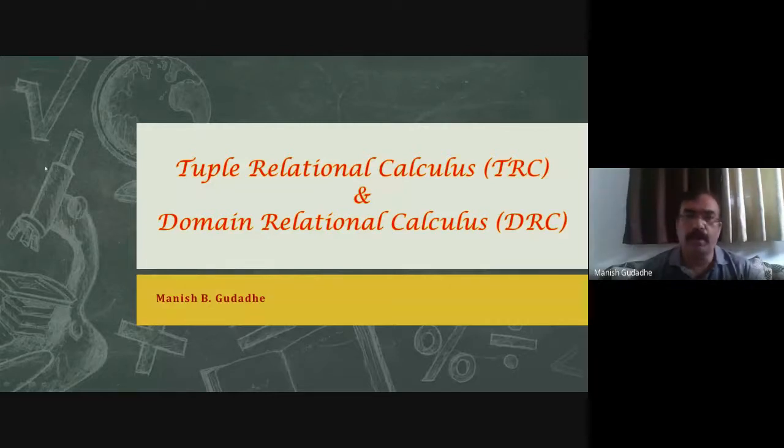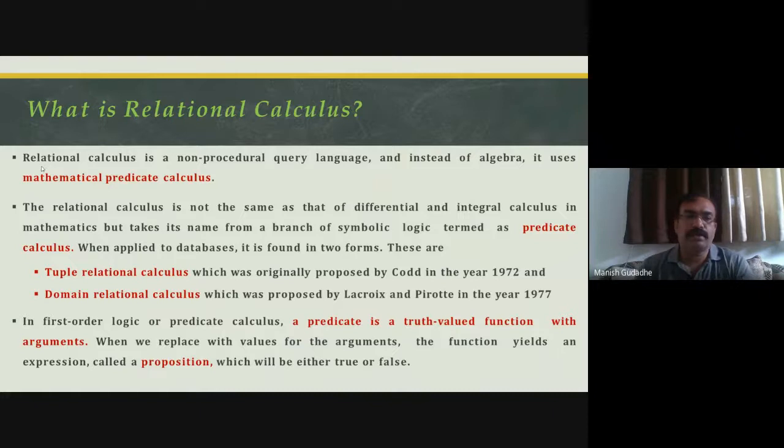Okay. So relational calculus is basically divided into two parts: tuple relational calculus and domain relational calculus. But what do you mean by relational calculus? Relational calculus is not a new word for us. We have seen calculus in normal mathematics or algebra. But if you are talking about relational calculus, it is very much concentrated on the queries, or it is used to solve the queries.